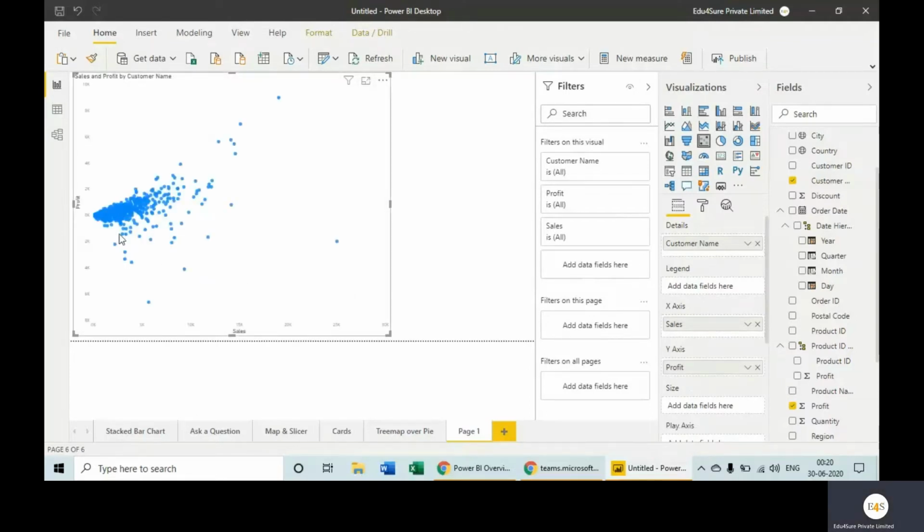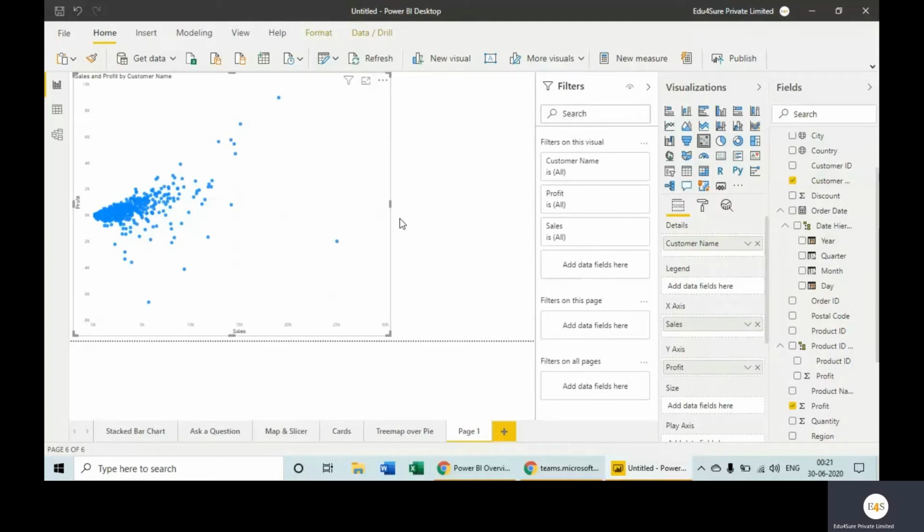Okay, so now this is the line for the break-even point where we had no profit, no loss. And below this line, all these bubbles, whoever customer is shown by these bubbles, they have given us the loss, right? When we click or put our cursor on the dots below this line, this is basically the negative profit because we have taken profit on the y-axis. So everything below this line is about the customers who have given us the loss.